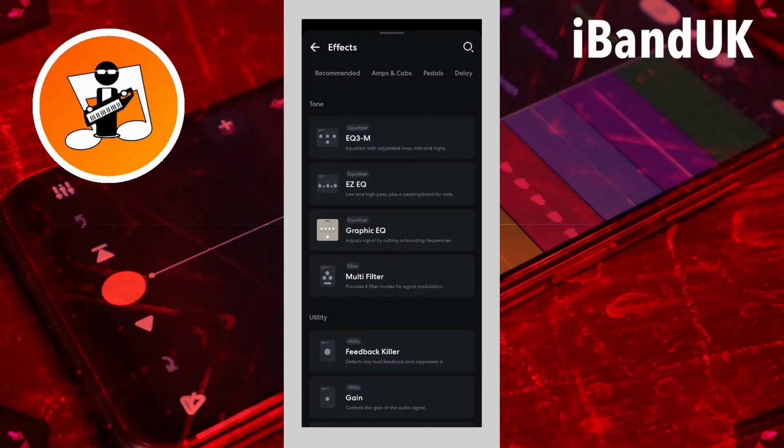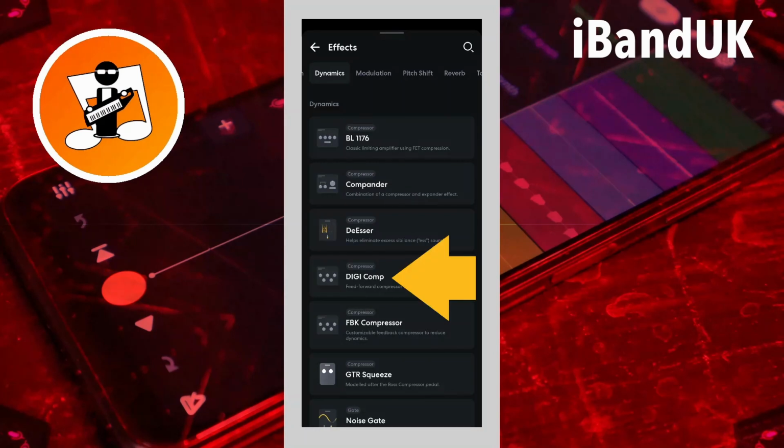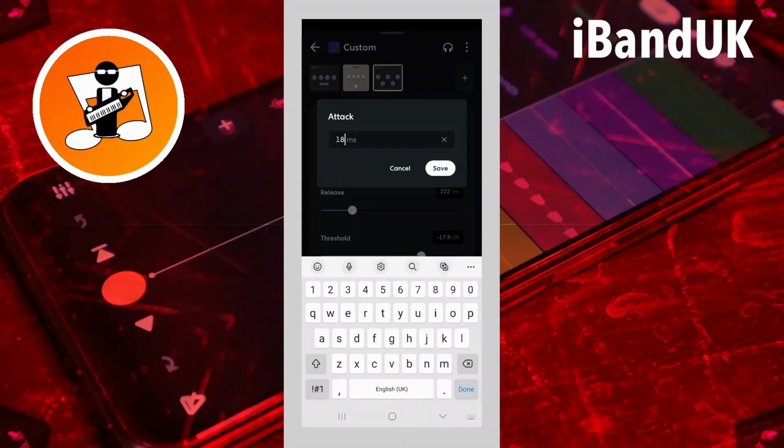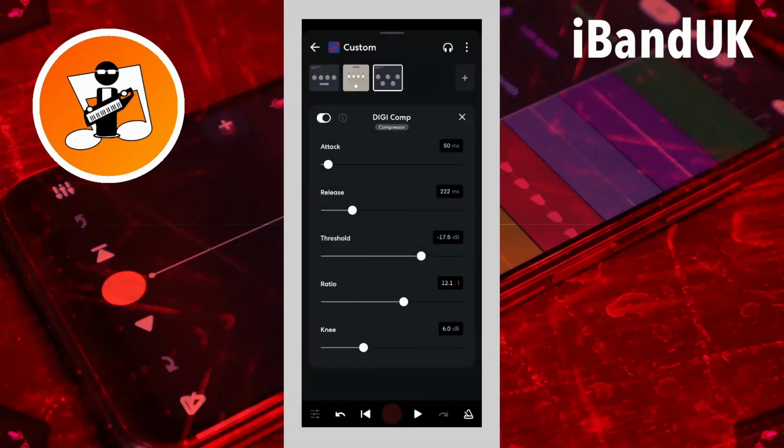So I'm going to scroll through the tabs again and tap on the Dynamics tab. Then I'm going to tap on Digi Comp. And with this compressor, I'm going to tap on the text box to the right of the word attack and type in 50. Then tap on save. And that's quite a high number, but